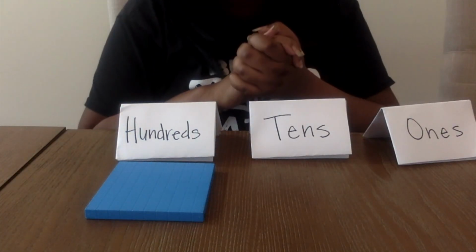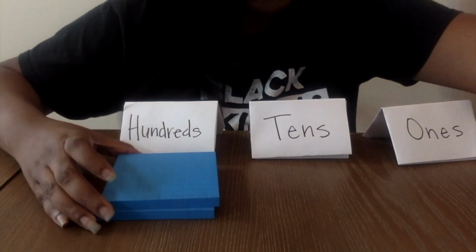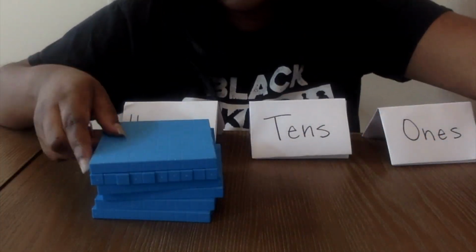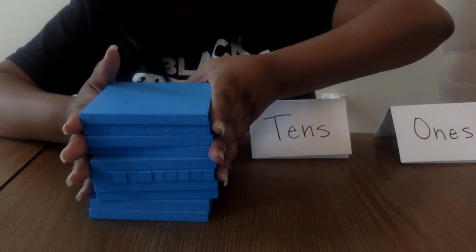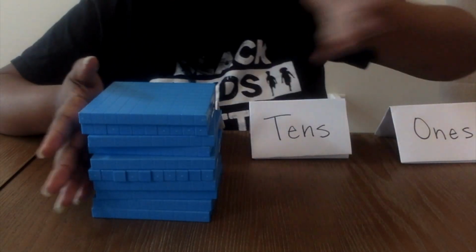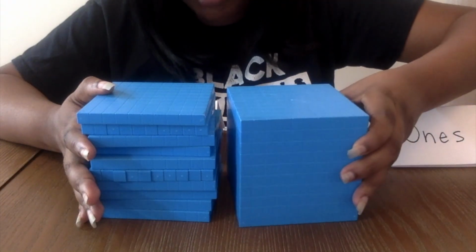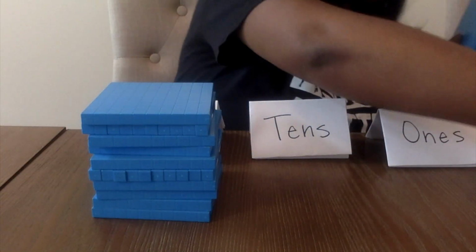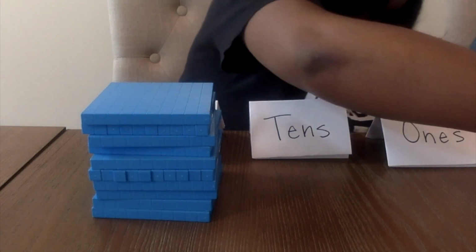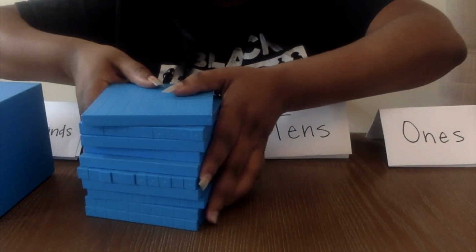Let's think about what 10 hundreds makes. Here I have one group of 100, 2, 3, 4, 5, 6, 7, 8, 9, 10 groups of 100. Wow, that is huge. If I have 10 groups of 100, we know that that's equivalent to 1,000 because there's 1,000 of these little bitty ones, right? 1,000 of these little cubes here. And so I can actually regroup these 10 hundreds for